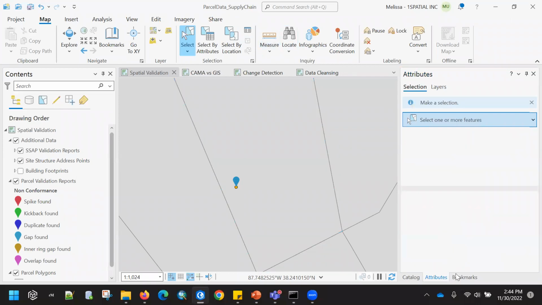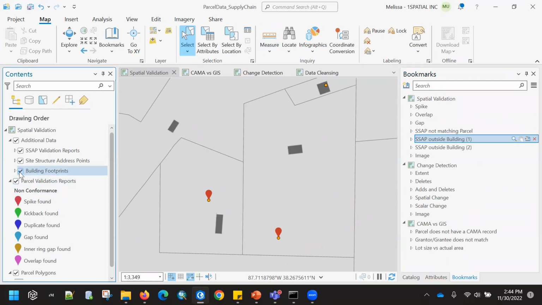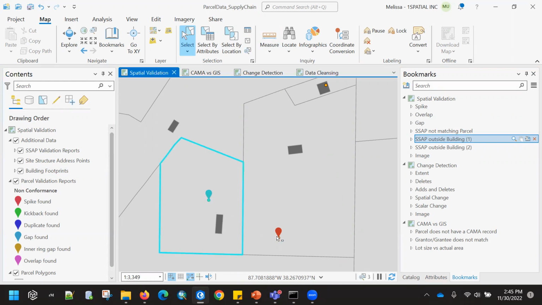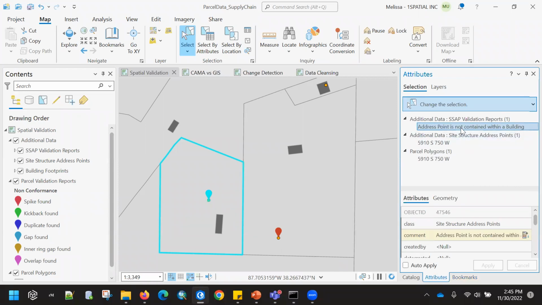Oops, I wonder what that is. Okay. And let's leverage the data even further, because some of our customers do have building footprints on hand. One of the things you could do here is say, if an address point is within a parcel and there's a building in it, the expectation is for that address point to actually be within that building footprint. So we're seeing here that these two address points have failed a cross-check saying that this address point should be contained within a building.